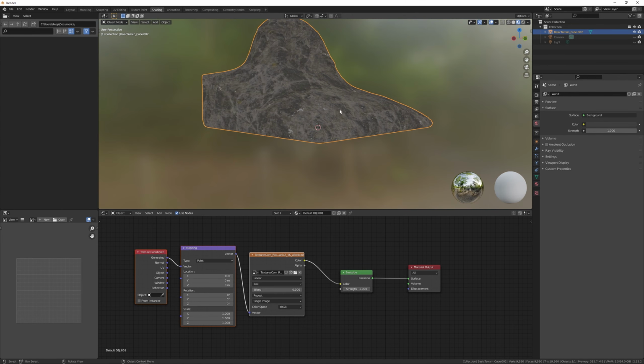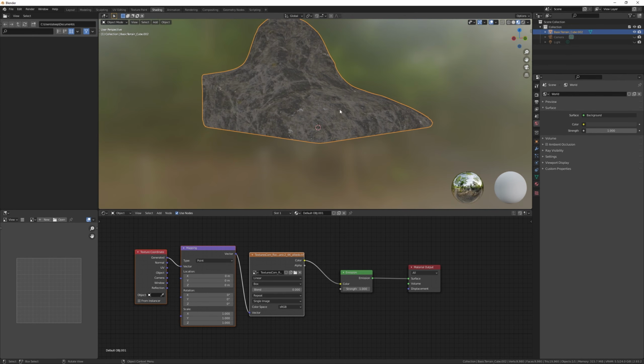Let's say we want to add some grass as well. Give us some room here. So we copy this whole setup up, something like this.